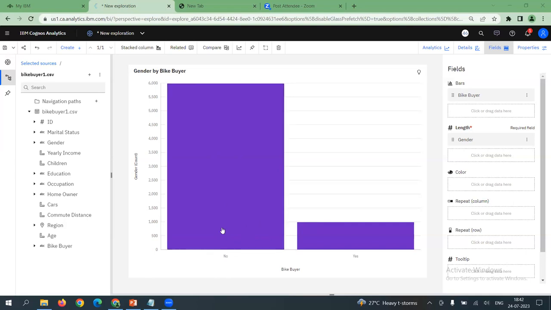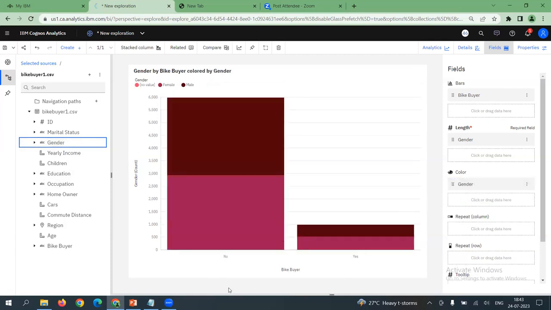Now to make it more realistic, that is by segmentation, to add more richness, I will drag the gender variable to color. Yes, I would see your graph, madam. Now, if you drag gender to the color, this creates a stacked column chart for us. This is called a stack: data items laid out one on top of the other or one adjacent to the other.